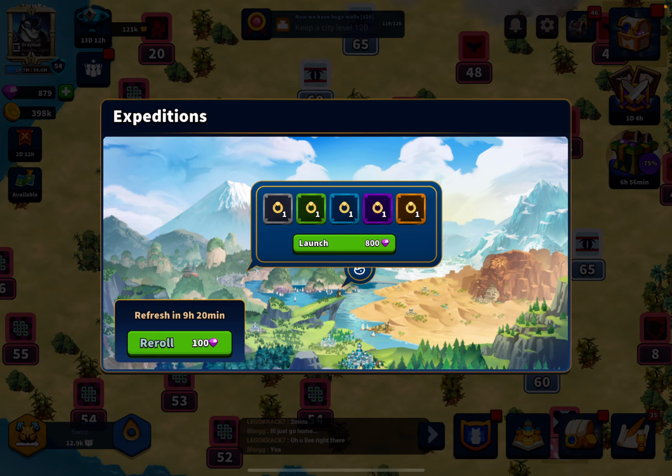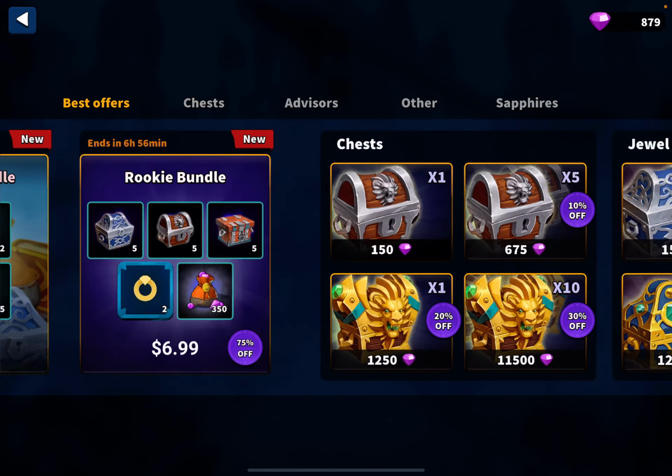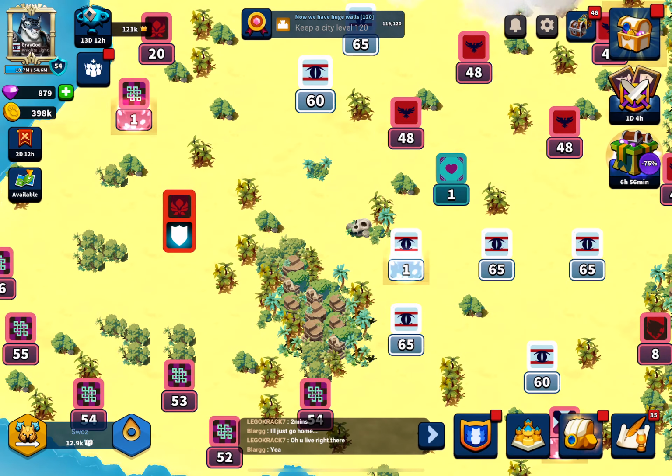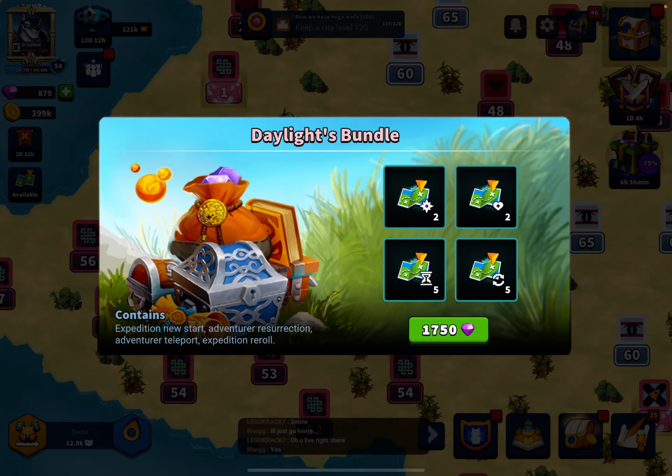and run another expedition because, in my opinion, it's not worth it. I could get the same value of items here by just buying a single 150 chest, maybe 2 at max. So that 800 isn't worth it to me, and so I've never done that. So that's why, in my opinion, the 2 new starts, the 2 resurrections, and the 5 teleports are pretty much